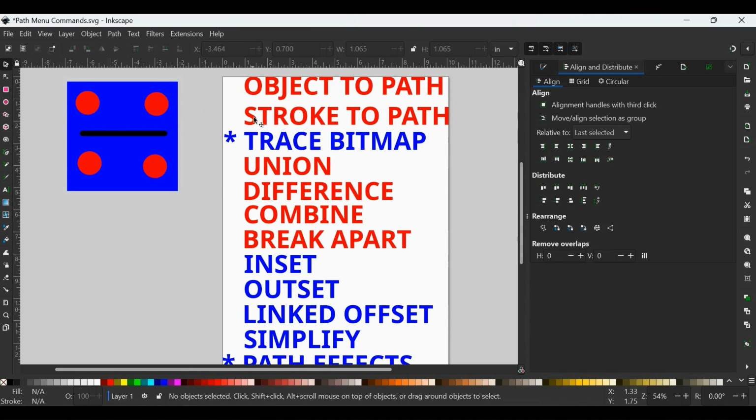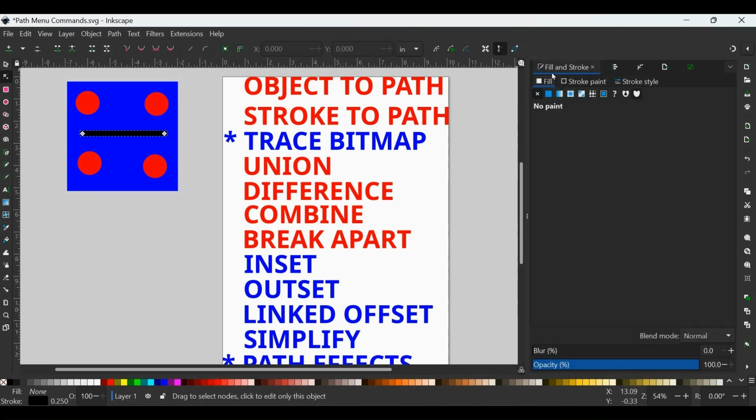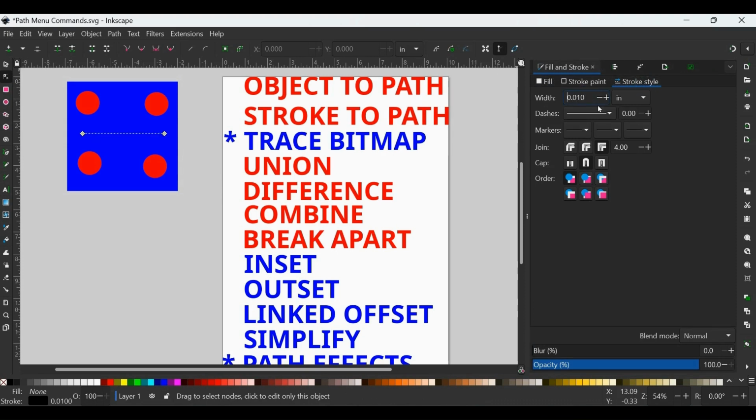The next one here is stroke to path, and once again, that's self-explanatory. This is a single line stroke. If I go to my node editor, you'll see here it just has 2 nodes, 1 start and 1 finish. That's just a single line. It looks a little thick. That's because my stroke thickness is turned up to a 1/4 inch, but if I turn that down to the default 10 thousandths, as you can see, that's a very thin line. And if that cut with the plasma cutter, that'll just cut a single path. Now if I set that back to where it was, 1/4 inch